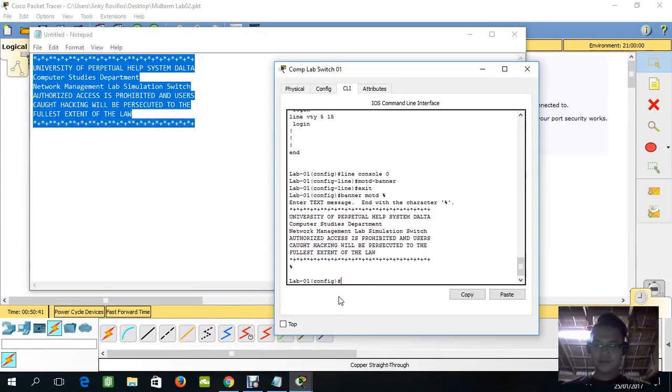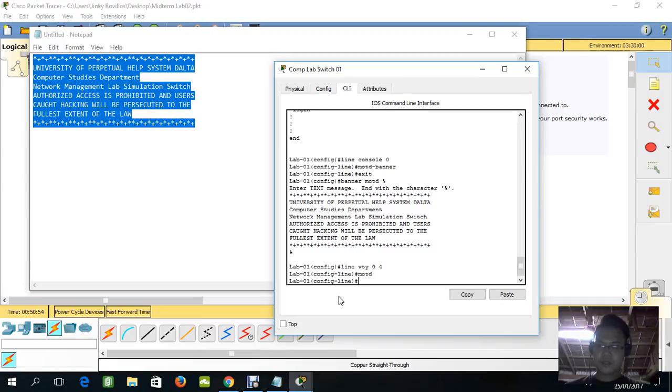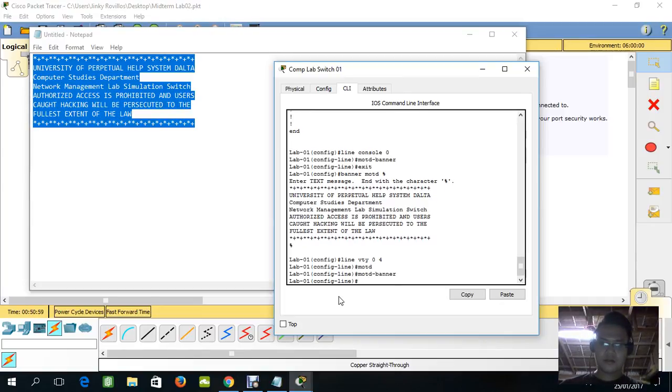Then after that, we're just going to go to the telnet lines, line vty 0 4, and then the MOTD banner, and then exit.